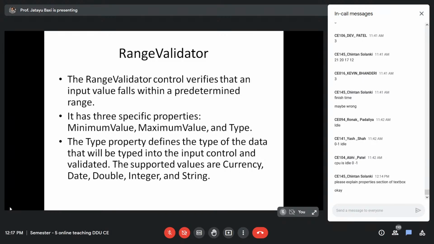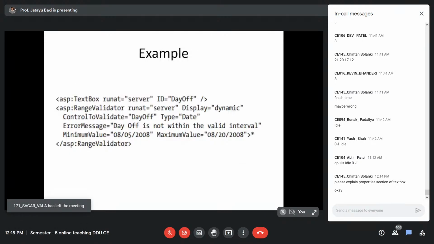For example, if you want the input value to be within the range of 1st June 2020 to 31st July 2021, that can be done using this range validator. But the type of the data that you are writing should also be date. So this is an example of date validation. This is a range validator.